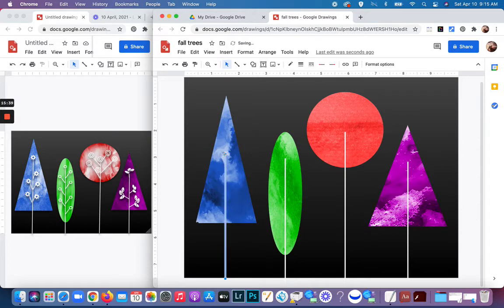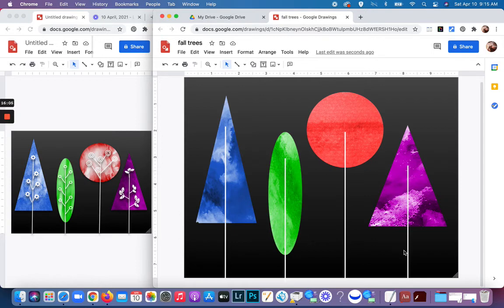I think I'll bring this up quite a bit higher there. I kind of want this one to be higher than the red one too, just to change that up a little bit. And that looks pretty good. Now I see that these two look pretty similar, so I'm just going to grab a hold of this one and make it a little bit shorter so all my lines are a little bit different shapes. And now we're ready to add some